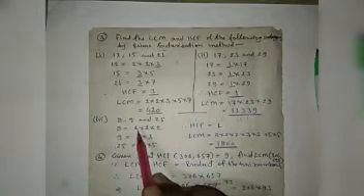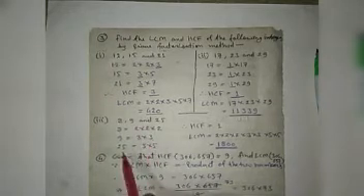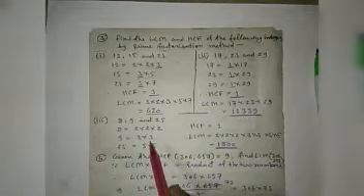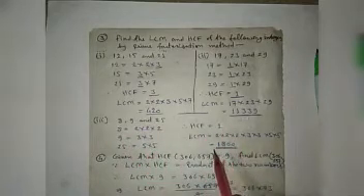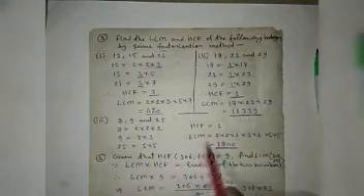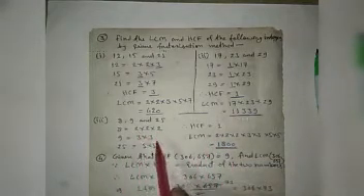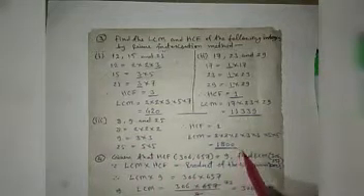In the third part, the numbers are 8, 9 and 25. 8 has factors 2, 3 times, 2 into 2 into 2. 9 is equal to 3 into 3. And 25 equal to 5 into 5. Here no factor is in common. So SCF is equal to 1 because 1 is the common factor in all numbers. And LCM is equal to 2 into 2 into 2 into 3 into 3 into 5 into 5. That will give the answer 1800.